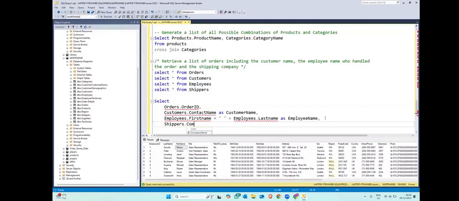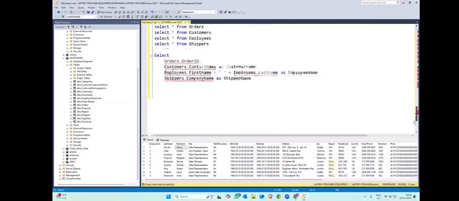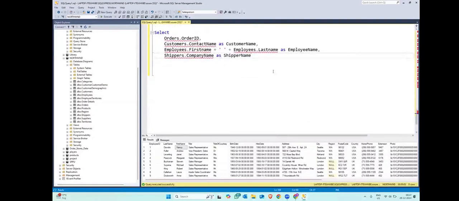Company name as shipper name, right? These are the 4 columns that I want. I mentioned the 4 columns, but now I have to join one by one, right? So,